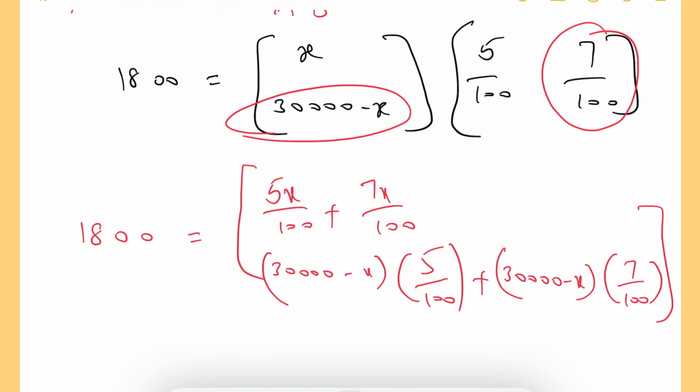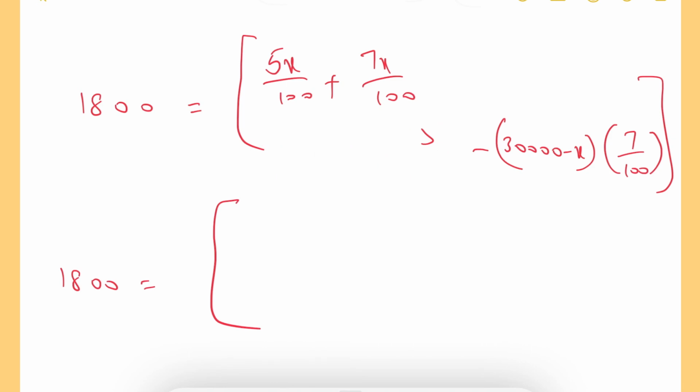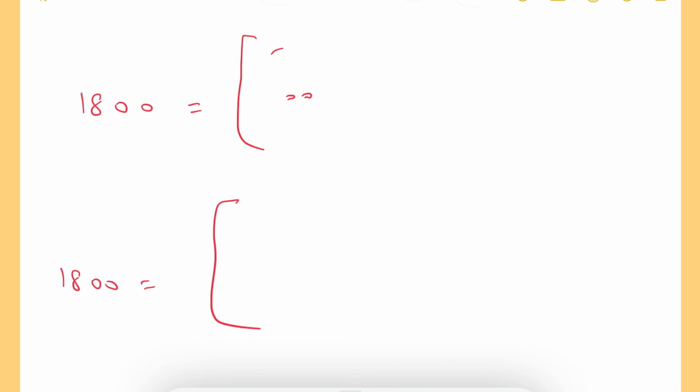Okay, let us simplify this now. Left side 1800 as it is, that is equals to the upper one. If we observe, both the denominators are same. Here we did a small mistake actually, because if we do like this we won't get anything. So that's why I will do it in reverse, that is B into A.